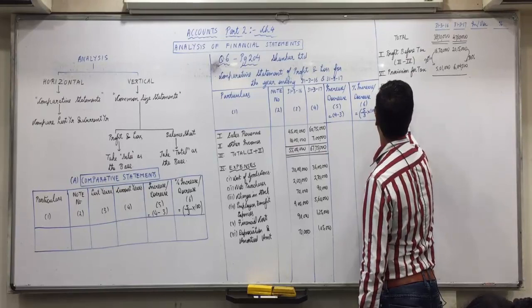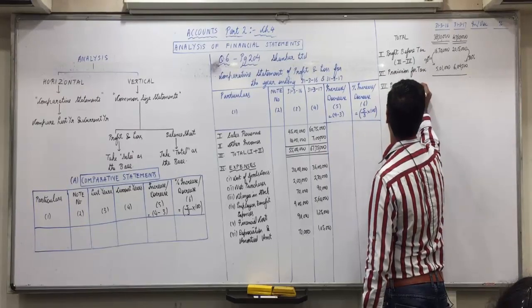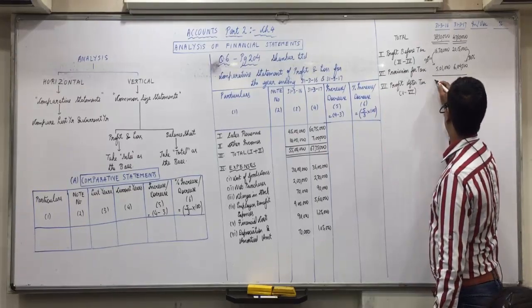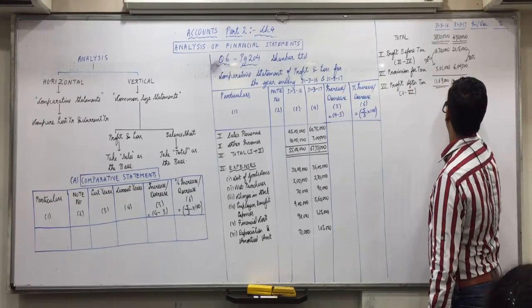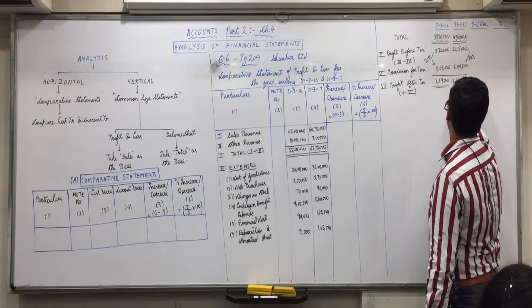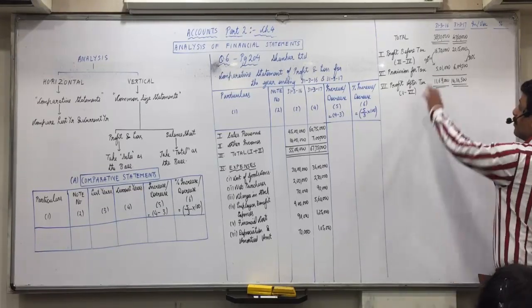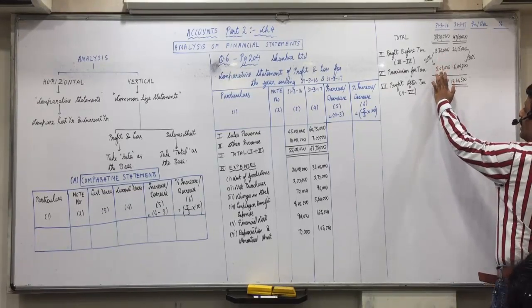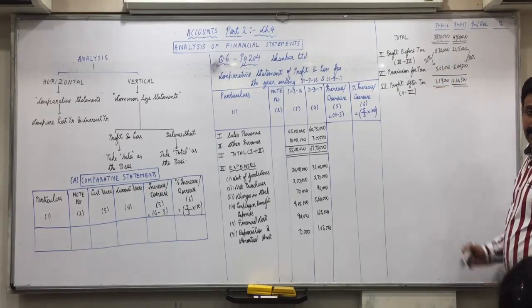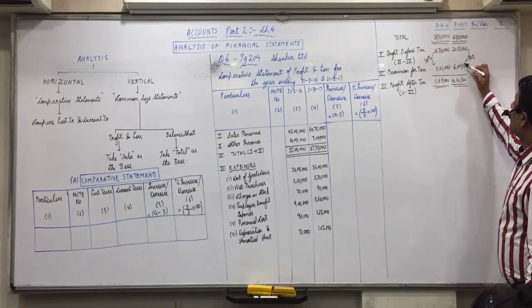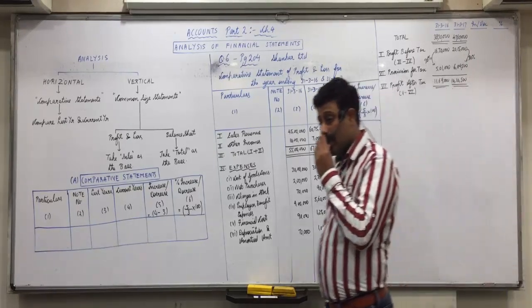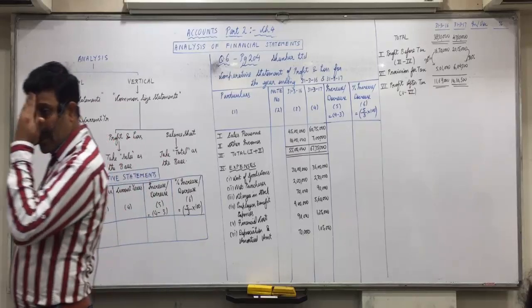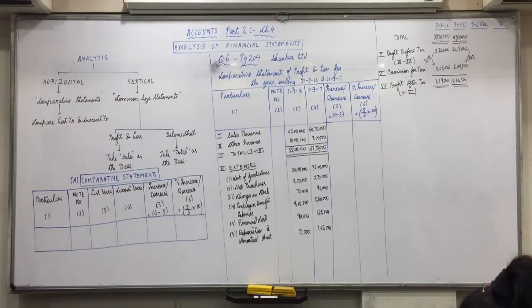Seventh, profit after tax, 5 minus 6. 11 lakh 69,000 and 14 lakh 10,500. 16 lakh 70,000 minus 5 lakh 1,000, 11 lakh 69,000. 20 lakh 15,000 minus 6 lakh 4,500, 14 lakh 10,500. Any confusion in this? All are clear? Raise your hand who is still doing till profit after tax.